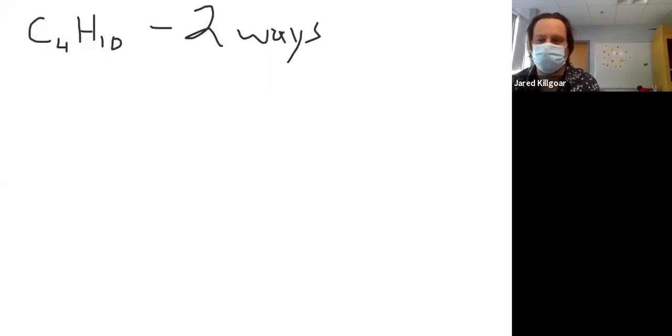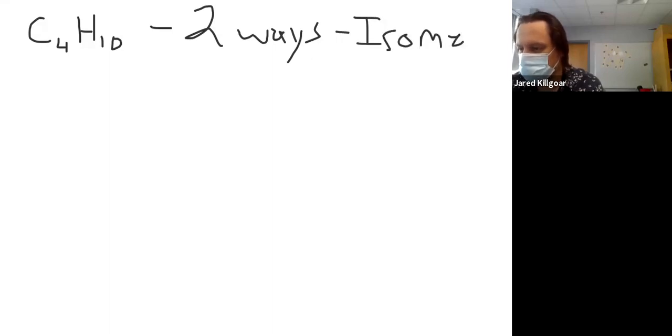All right, guys. So I'm going to talk about the two different ways to write the structural formulas for C₄H₁₀. These are the two, what they call isomers. Isomers of C₄H₁₀. There we go. So the first way is to put your 4 carbons in a row like this, where you